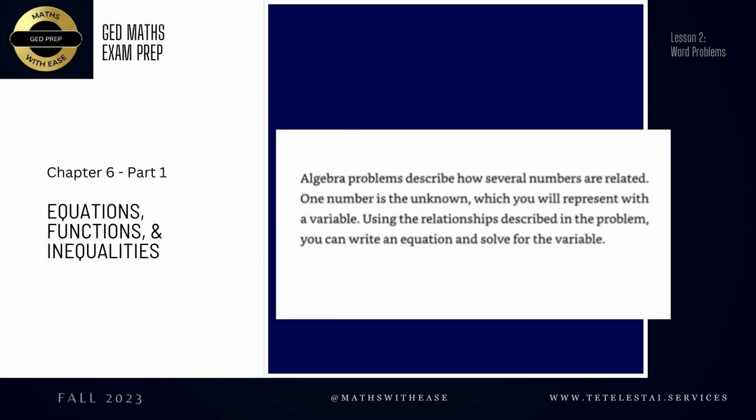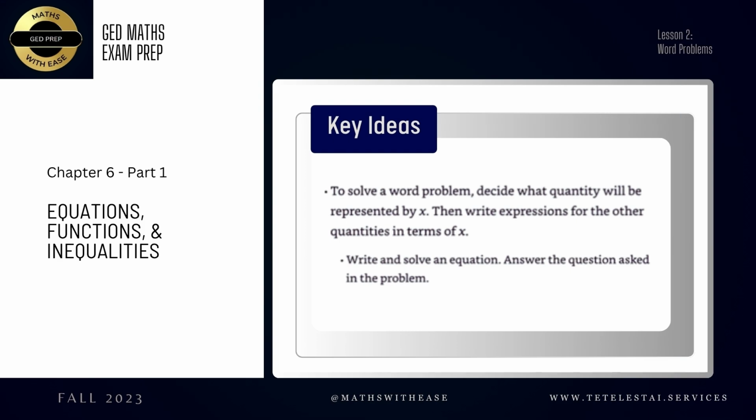So lesson 2 continues with word problems. Algebra problems describe how several numbers are related, as we just saw in the previous example. One number is unknown, which you will represent with a variable. Using the relationships described in the problem, you can write an equation and solve for the variable. To solve a word problem, decide what quantity will be represented by x, then write expressions for the other quantities in terms of x. So essentially, you want to write and solve an equation